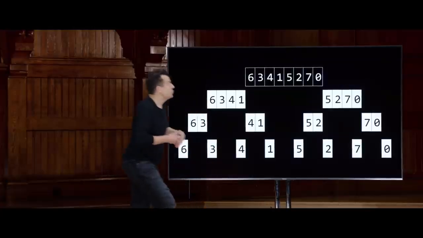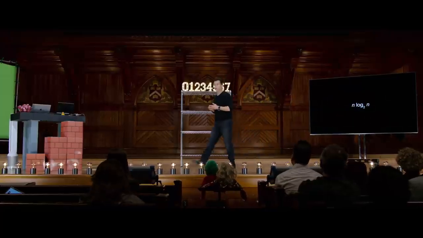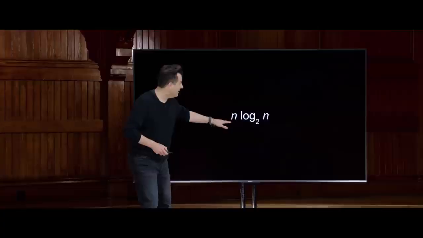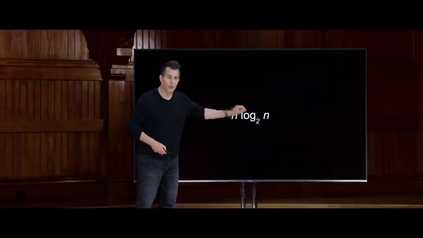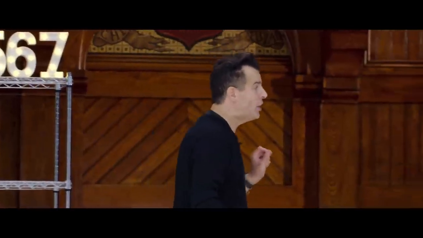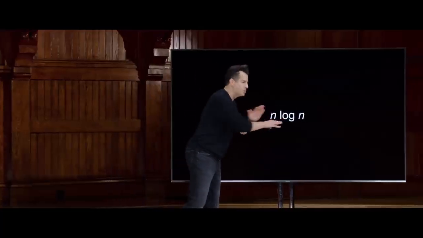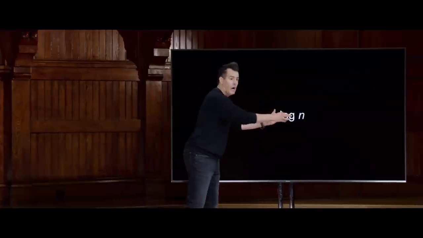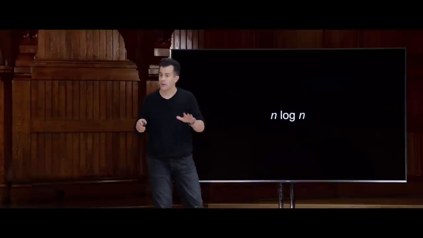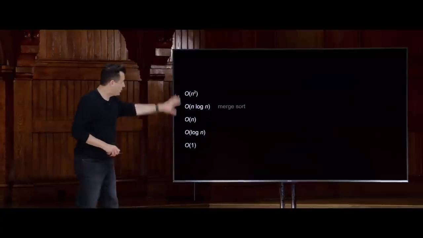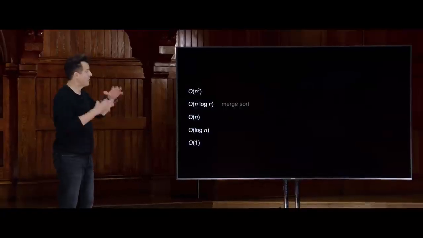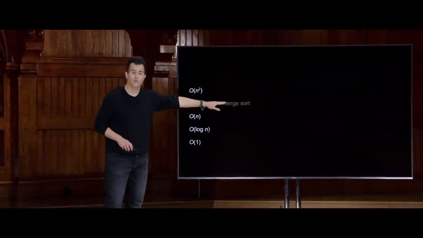So what that then invites is, what's the total amount of running time involved here? Well, if you're doing n things, log base 2 of n times, the total math works out to be n times log of n. So that is to say, merge sort, unlike selection sort, unlike bubble sort, is in big O of n log n, which, even if you vaguely remember your logarithms, log n is smaller than n. So n times log n is definitely better. That is smaller than n squared. So if we consider our cheat sheet here of the possible running times that are common, merge sort is in big O of n log n.